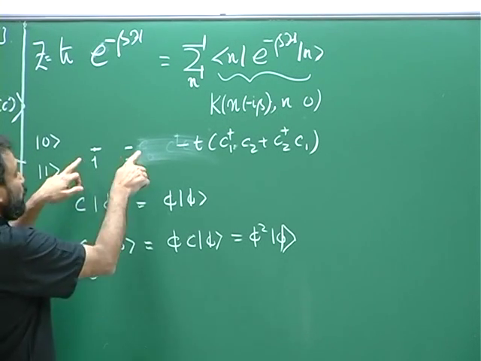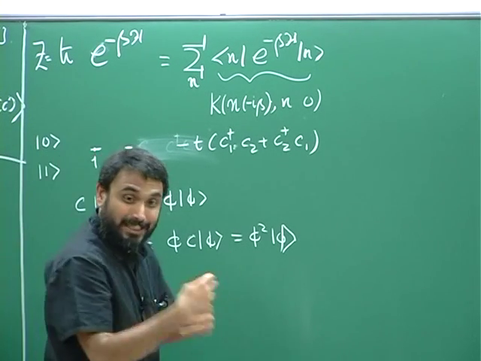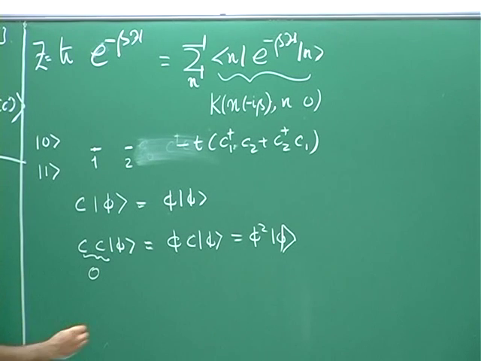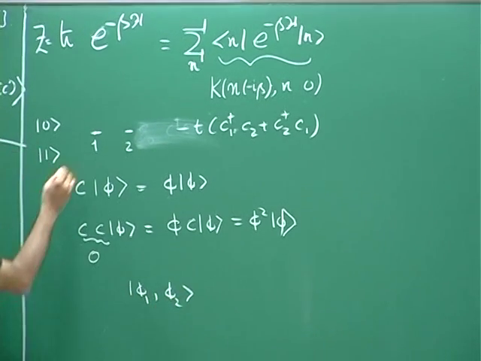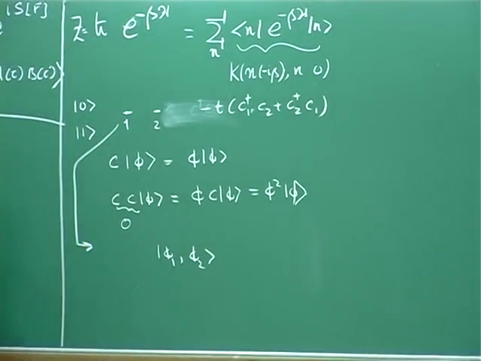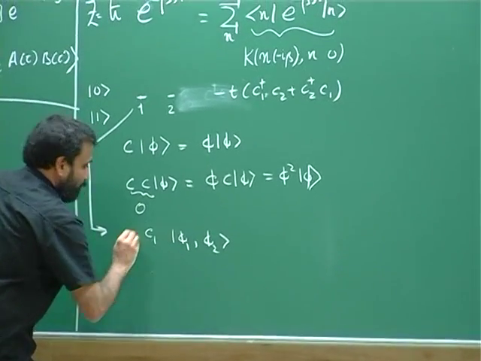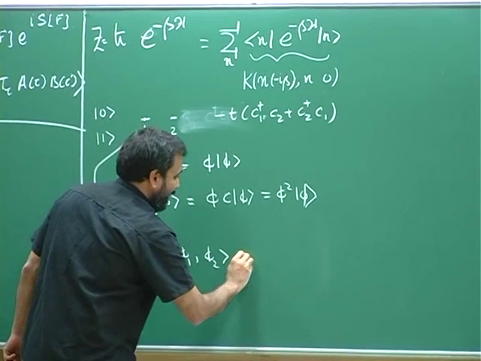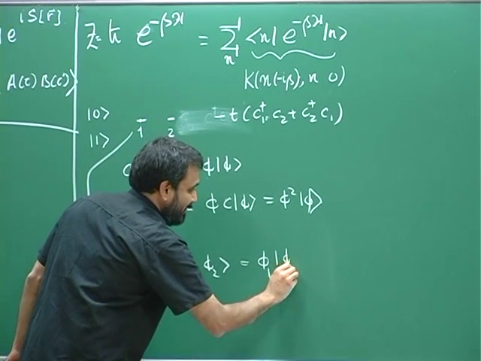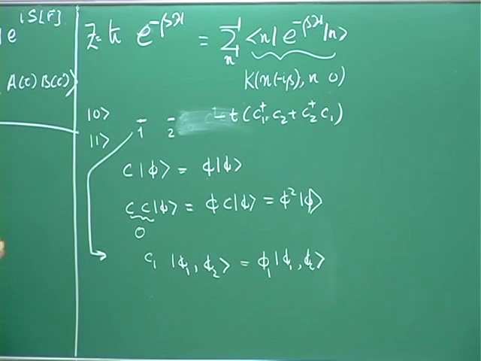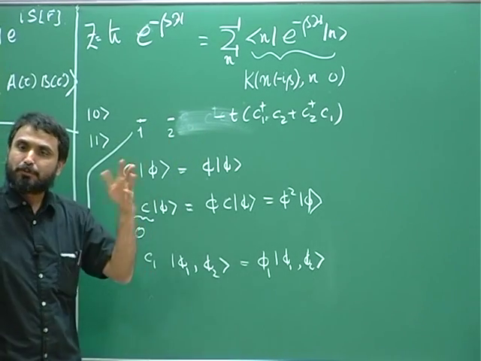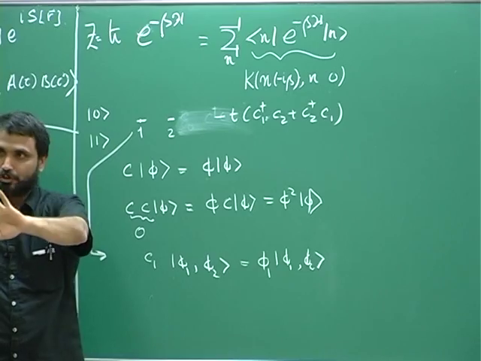I will want to have these two states and then associated coherent states. So I could define, for example, a coherent state which is phi 1, phi 2 associated with this problem. And what is the definition of phi 1 and phi 2? If I hit this with C1, I will get this phi 1 times phi 1, phi 2. Right? So you can imagine that these are like coupled harmonic oscillators if you want to have a bosonic analog